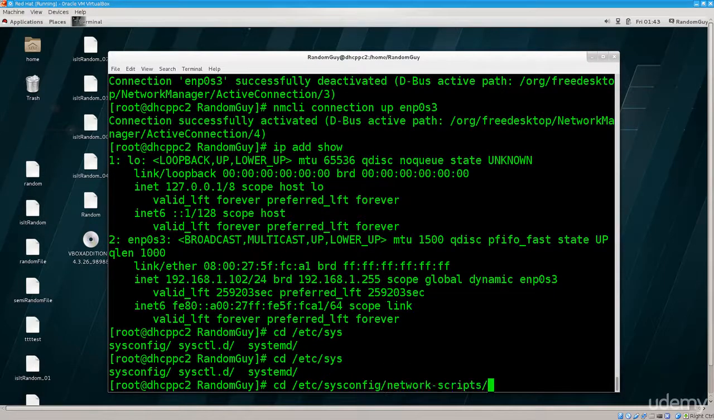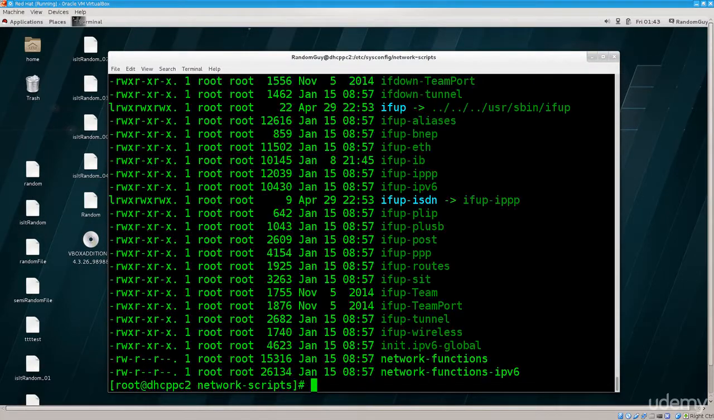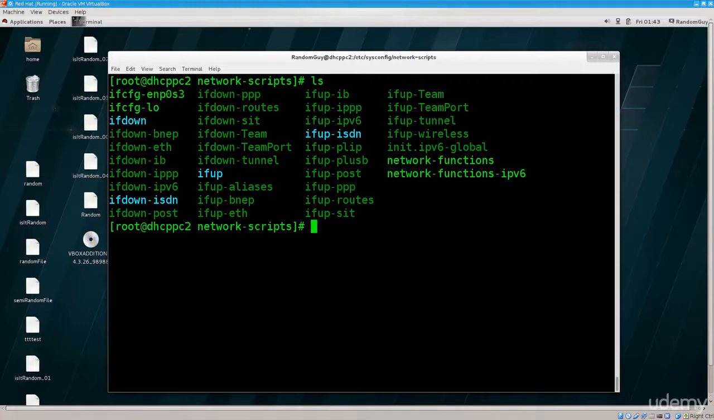/etc/sysconfig/network-scripts. Well, let's clear the screen. ls is better in this case. And here we can see the interfaces. So we have the script for the first interface. It's ifcfg-enp0s3. Let's go ahead and take a look in that script. Let's see what's in there. So vim ifcfg-enp0s3,